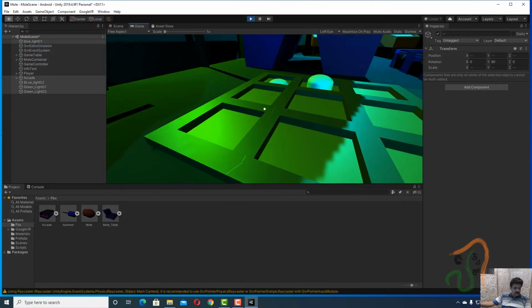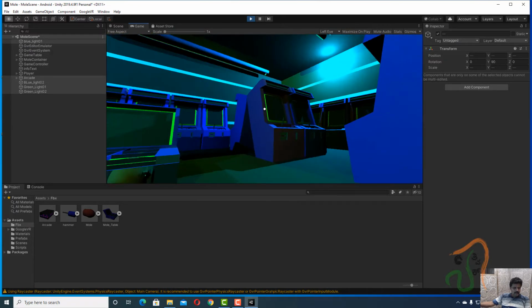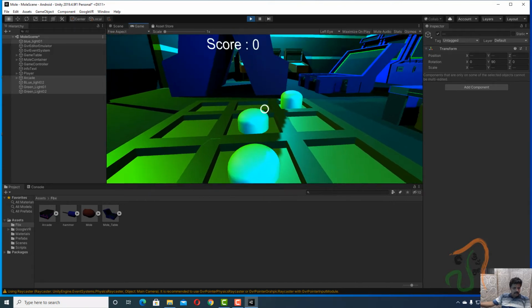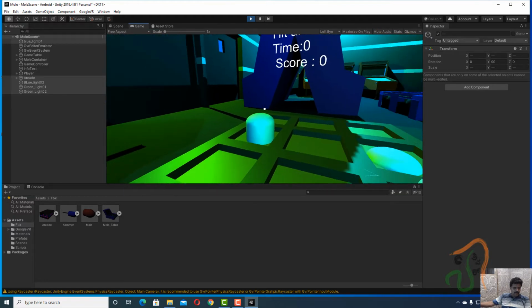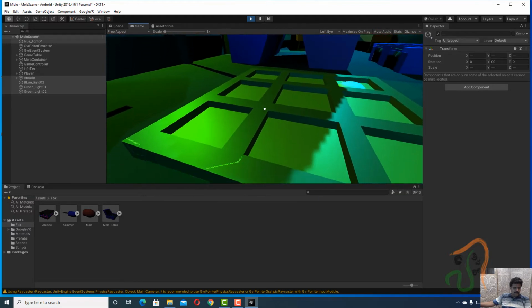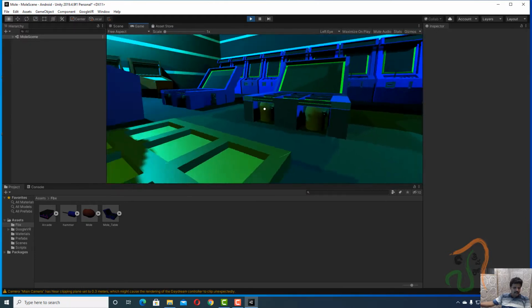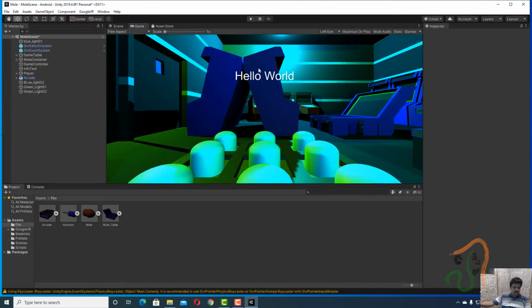Okay, so if we are playing the game like this, we have the arcades here. Okay, so the door is this side. This appears to be fine, this is somewhat better. So we will be placing our gaming arcade over here. This type of gaming arcade will be placed over here. So right now let us stop the playback.